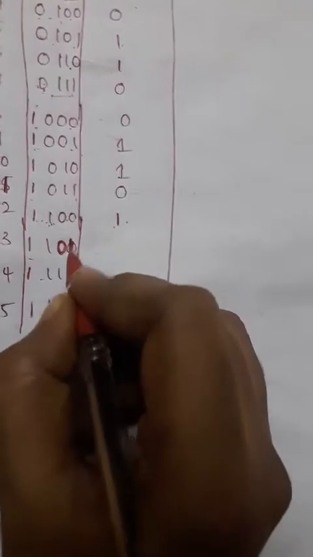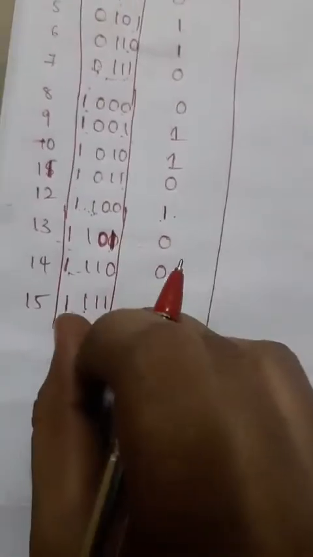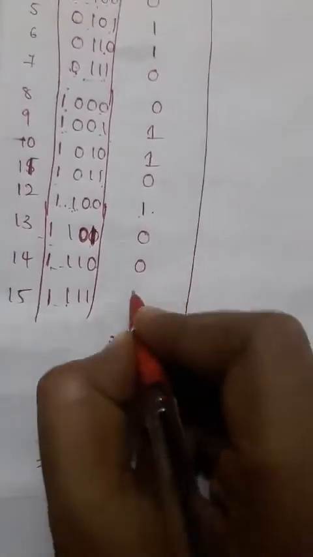Here directly we are having 3 ones, so there is no need to add one more for this. And here the number of ones will be 3, so no need to add it. And here the number of ones will be 4 actually, so we need to add to make it odd parity, that means we need to add 1 for this number. Okay, so this is the odd parity. Like this we need to implement the even parity also.